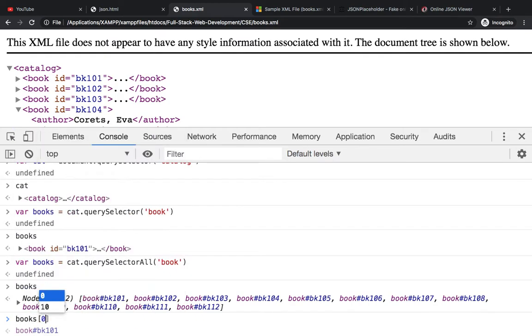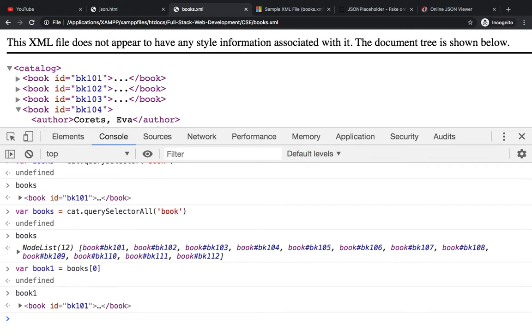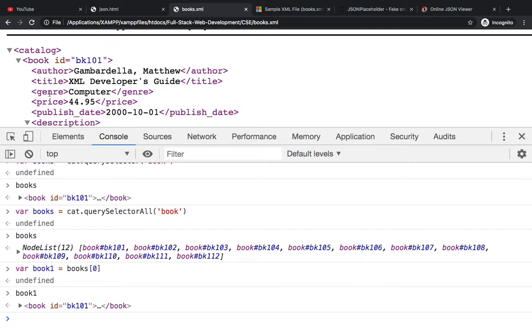So I will show you a few things here. If you are doing books 0, then you can write book 1 maybe in a new variable. Now you have book 1 here, and you can extract any record out of it. Let us suppose I want to extract genre.